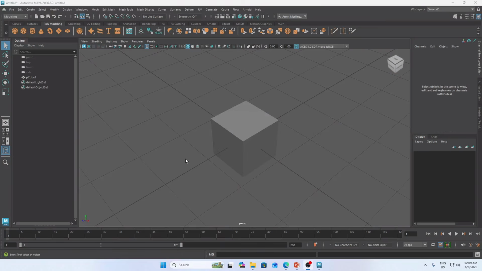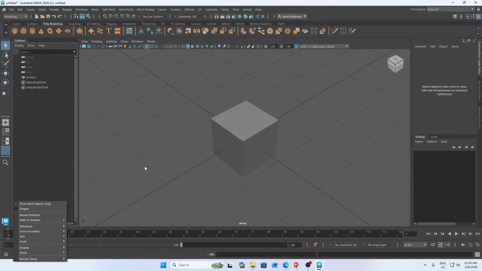Okay, for the project settings, before we wrap up this intro, we need to talk about Maya's golden rule of file management. Maya doesn't just save a single file. It expects a whole family of folders for textures, scenes, and renders. If you don't set this up, Maya will lose your files later. So let's set up a project folder in just about one minute, or less than one minute.